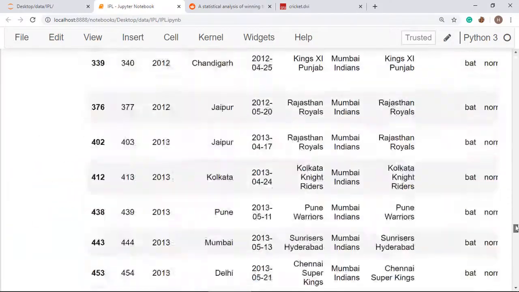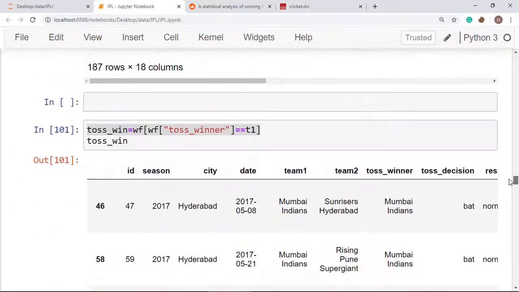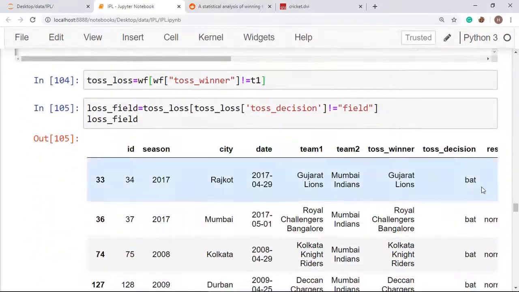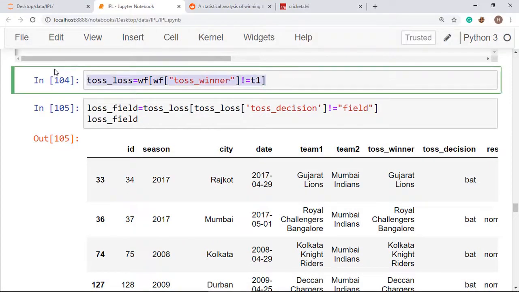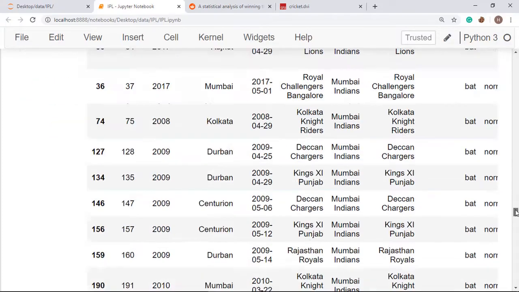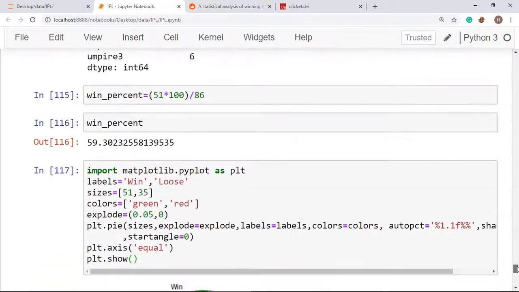We have made the decision up to that field, and after that we will be selecting other things. Here we will be selecting this, this, and you can put it here.